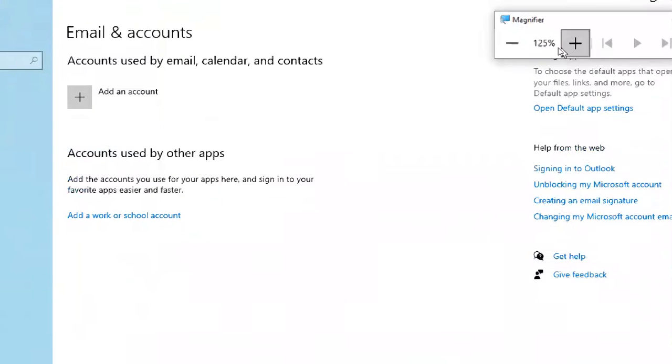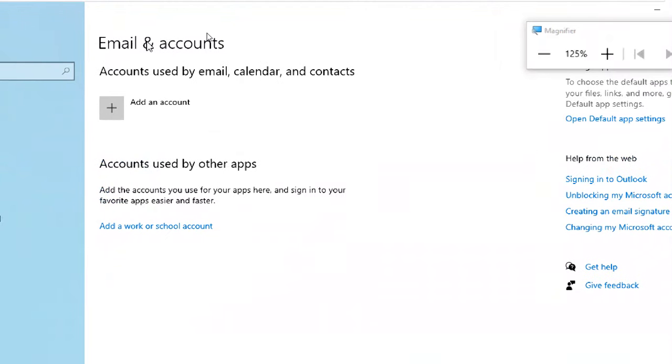What is this email account? For example, you are a student in a university, and your university partners with Microsoft, so they can take a student Microsoft account for you. In that case you can add that one. If your organization is a Microsoft partner and provides an Office 365 Microsoft account, you can add it too.